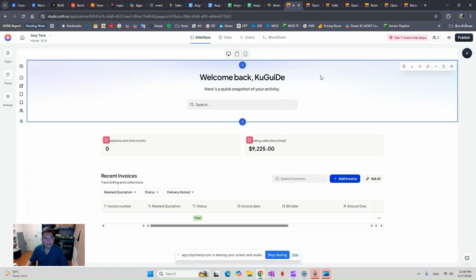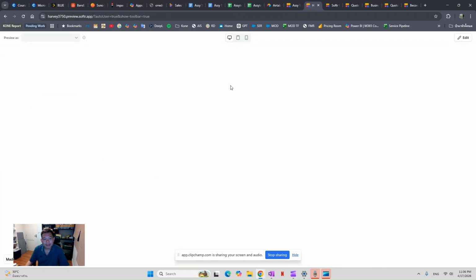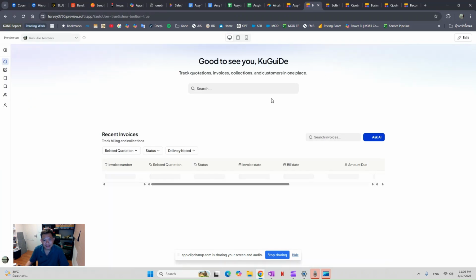I will go to the preview page that we have for the application we did. You can see here is the web app. So this is the first page. We still need to figure out how the first page will look. But we also have functions here called new quote, quotation details, and other things. Let's skip that for the moment. For the new quote, let's look at that one.